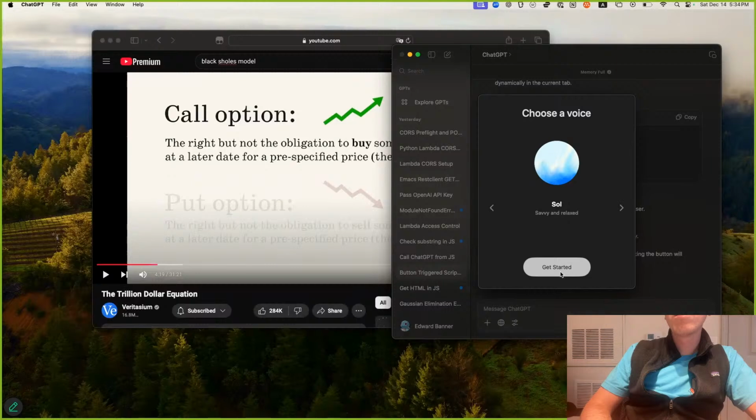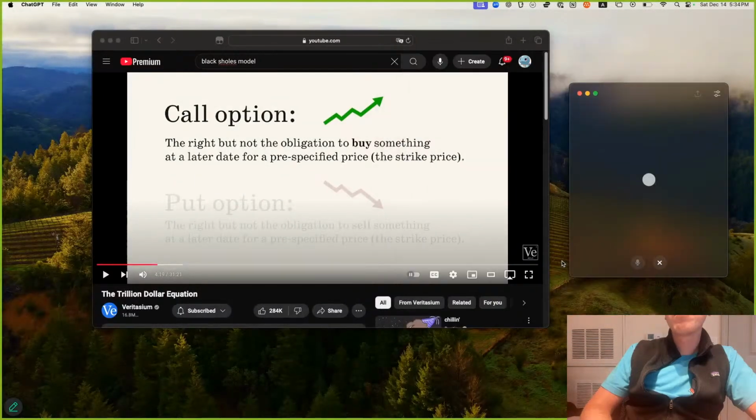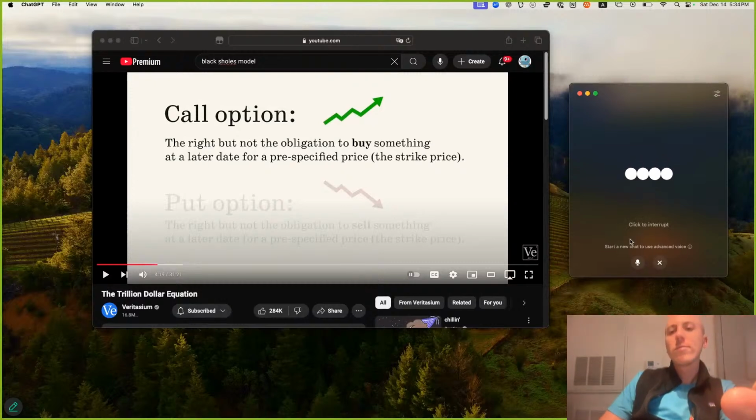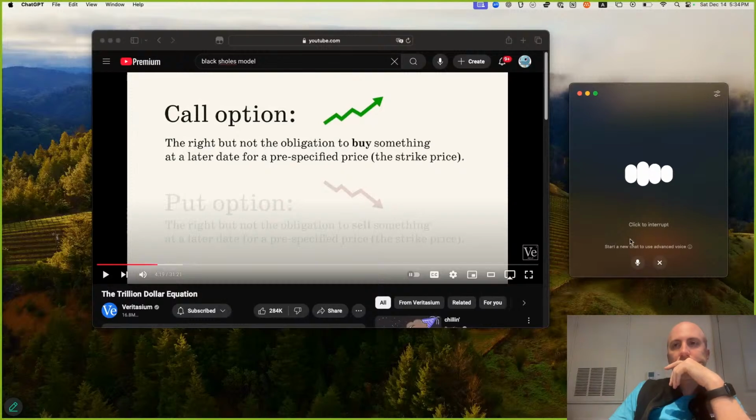Hey, what's up? Feel free to ask me about anything that's... What's a real world example of a put option? A put option is like insurance for an asset. Here's a real world example. Imagine you own 100 shares of a company, let's say Tech Corp, currently trading at $50 per share.